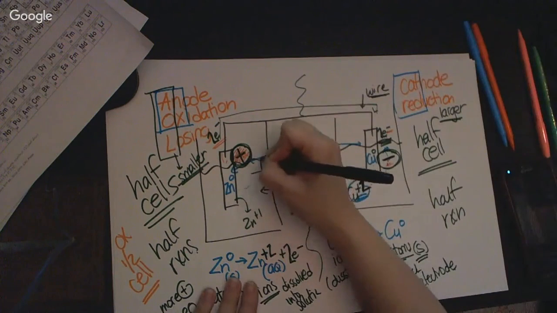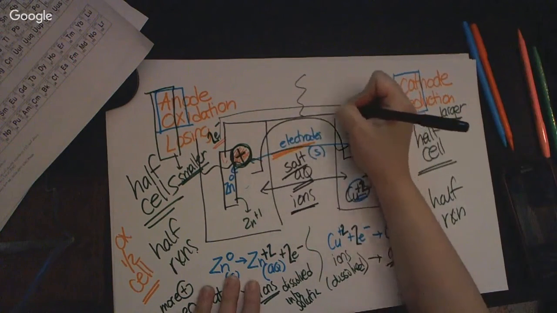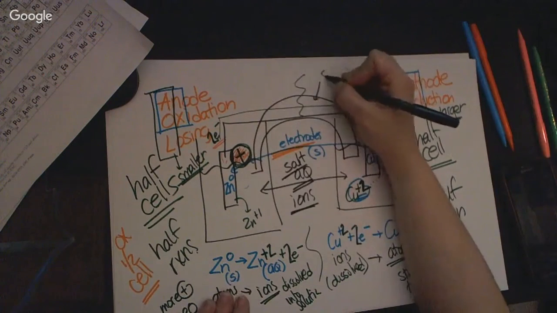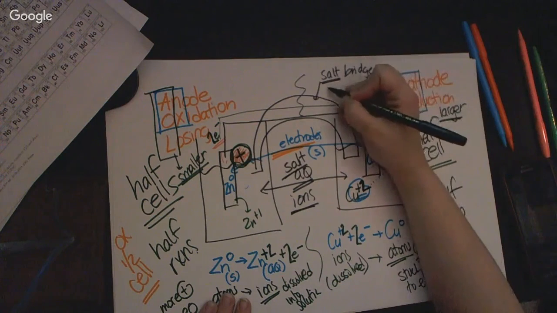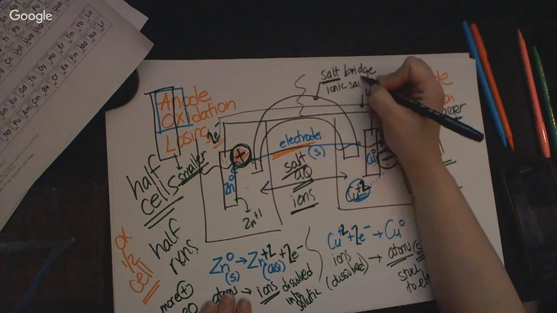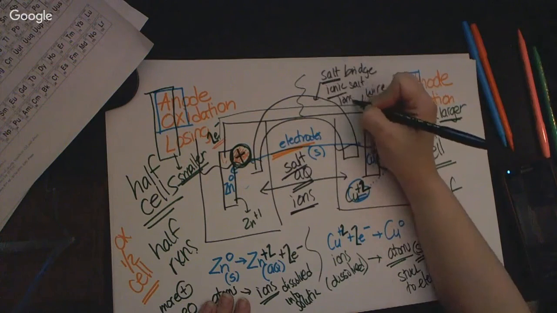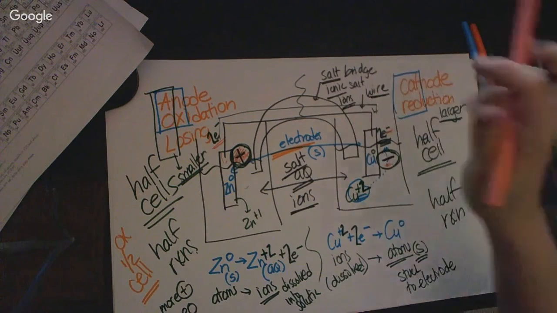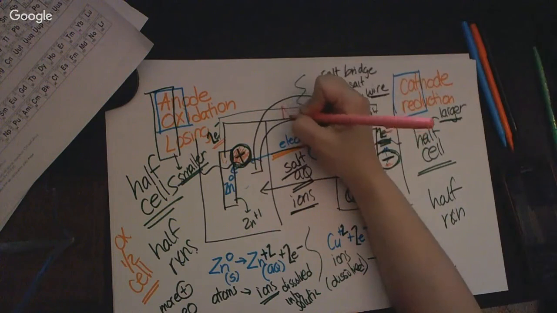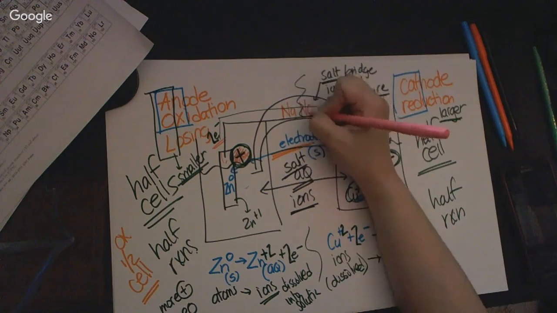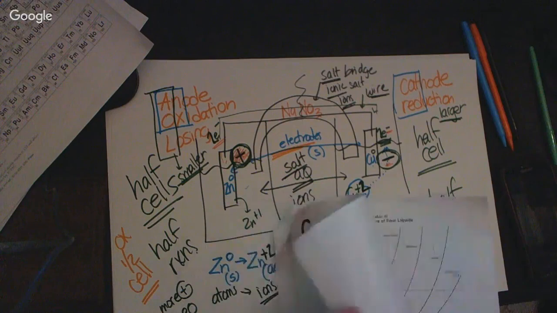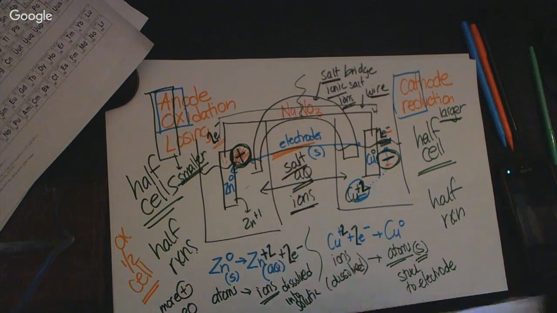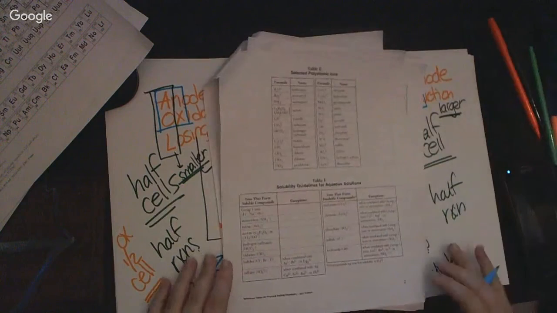So we are going to put in something called a salt bridge. And the salt bridge is going to contain an ionic salt, and basically that's just a keyword for ions. And the most popular thing to put in a salt bridge is something like NaNO3. And the reason why you would put something like NaNO3 in is because if you take a peek at reference table F,